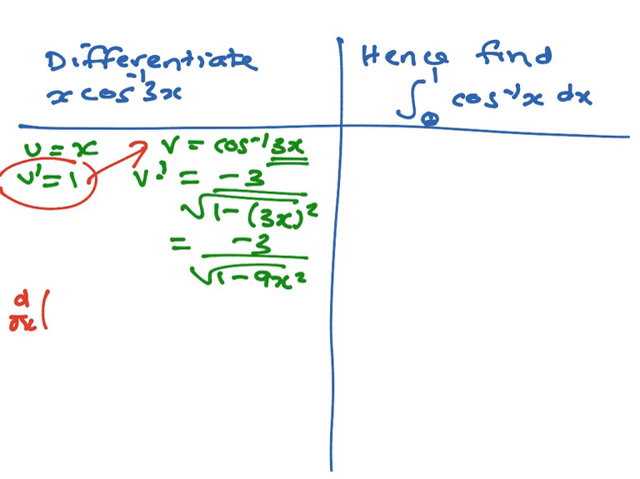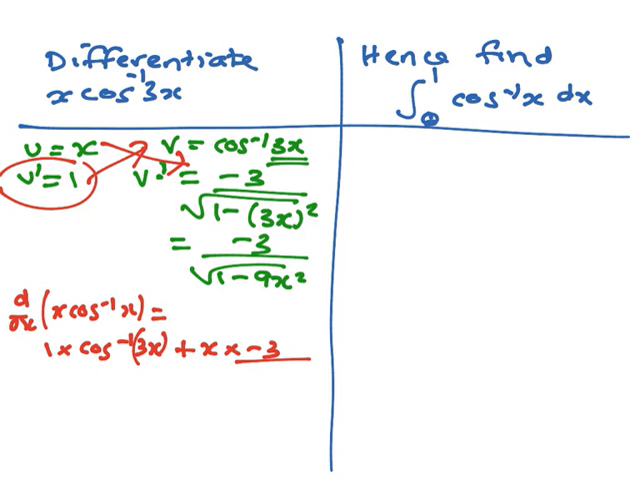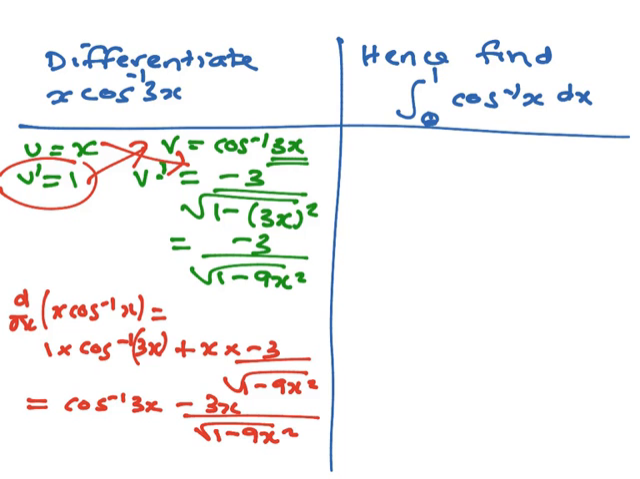So if you did d/dx of x cos⁻¹(3x), that's going to be 1 times cos⁻¹(3x), and then plus x times minus 3 on root 1 minus 9x squared, which is cos⁻¹(3x) minus 3x over root 1 minus 9x squared. So differentiating this one here, you get this, and then, so if I want to hence integrate, you need to